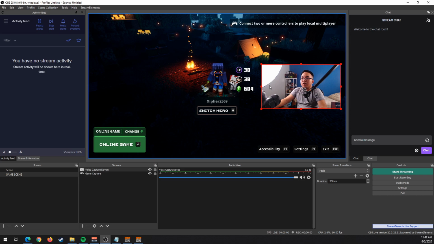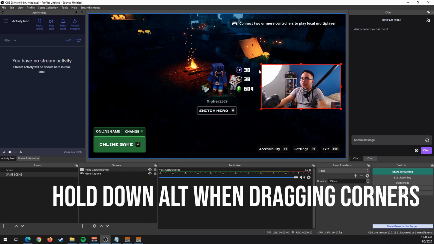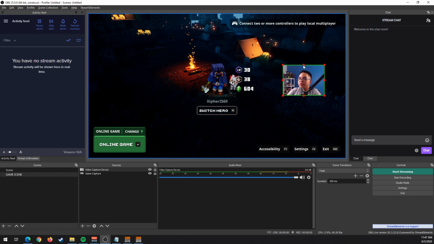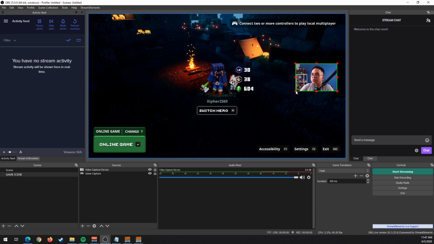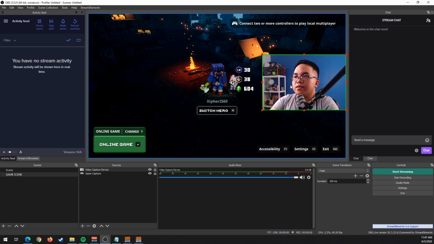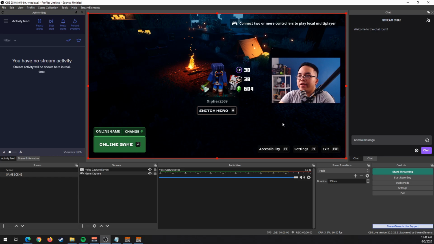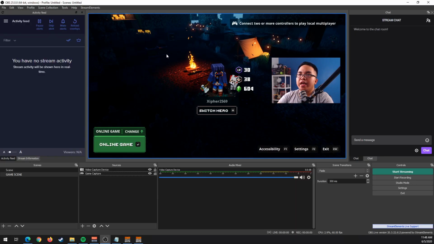Our key light is on the way as well, so you can actually crop sources. Holding down the left Alt on your keyboard and then dragging one of the points will crop your source without resizing it. So if you want just your face to show, like this one, you can just crop it out and then resize it to have just your face on your stream, if you really like your face that much.